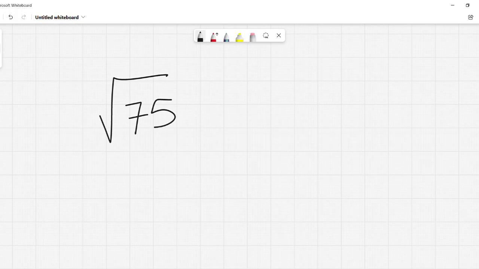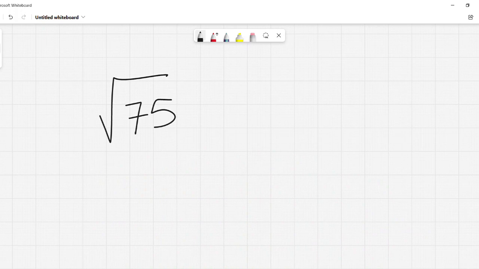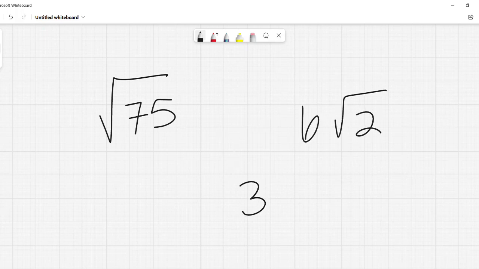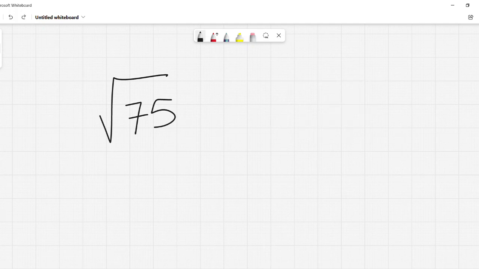Now, in this case they do not want you to type in square root of 75 on your calculator, press enter, and write that number. Your answer is either going to be just a plain number, like 6 or 7 or 25 million, or it's going to have a radical, that's what this is called, left in it, like 6 square root of 2, or 3 square root of 7. It may look like that. That is considered simplified when whatever's under the radical has no perfect squares